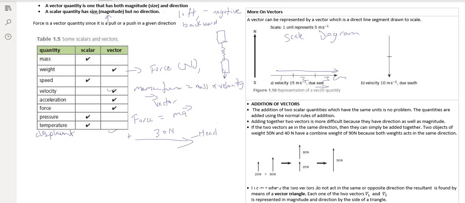Now, similarly, when you look at this one that is moving vertically, the direction is south, and based on our scale here, it's going to be 10 meters per second, right? So those are ways how we can draw or represent vectors. Or that's a recommended way that we use. So if you get a particular graph,